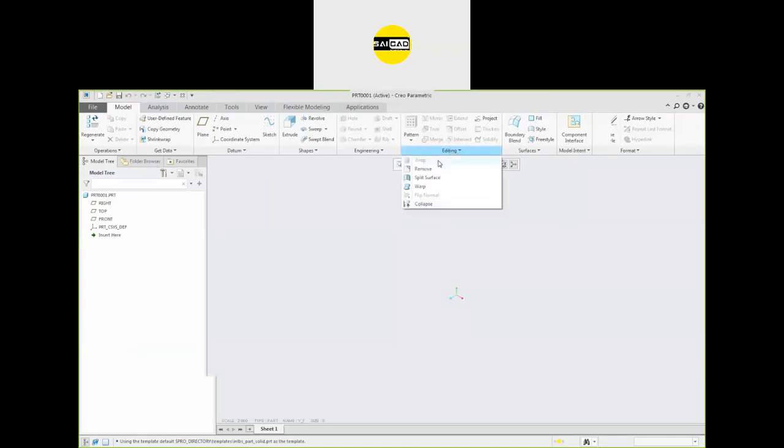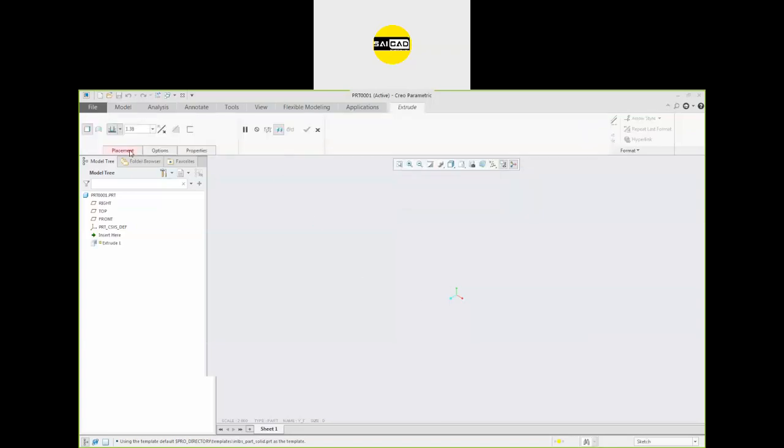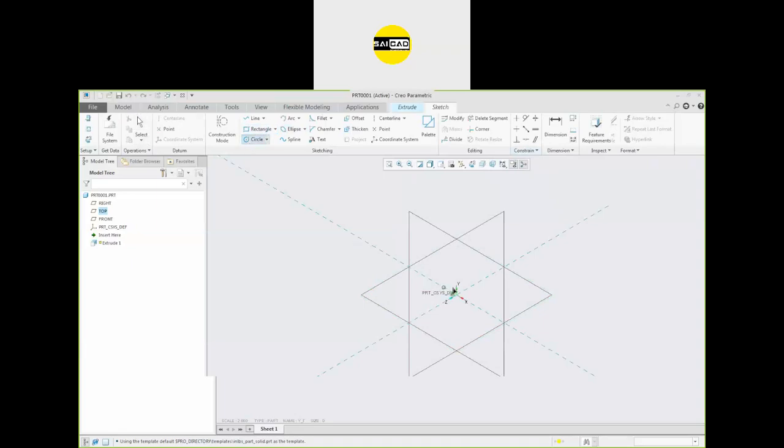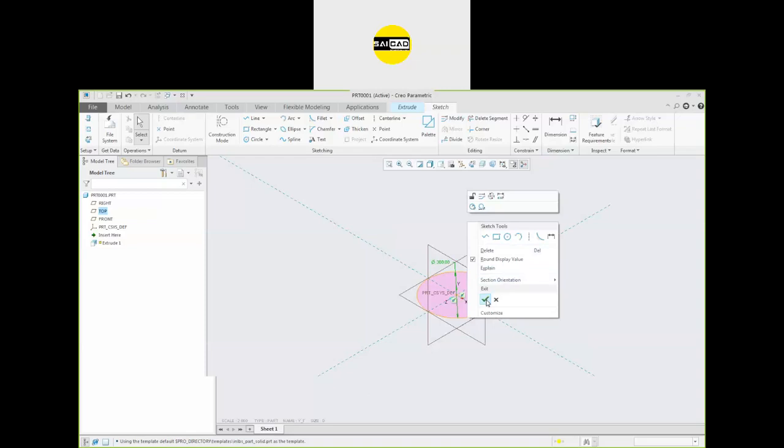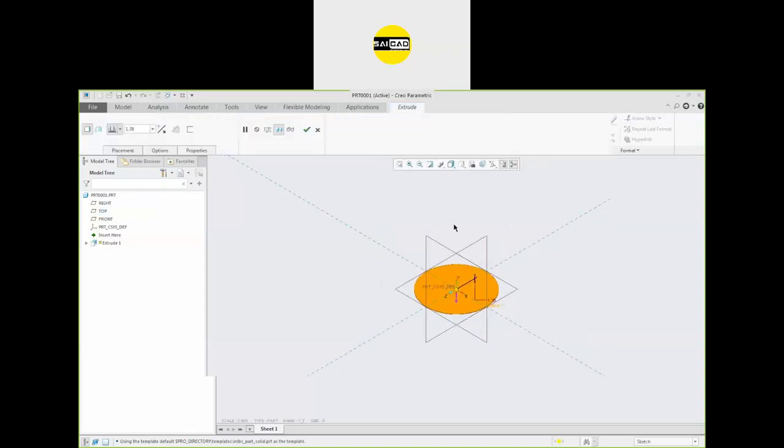Okay, wait for a second. Okay, here is the wrap. This is the wrap. We have the command here. For that, just go to the placement, create an object like that, define the value. Okay, I have to reset my software. I have some missing options.